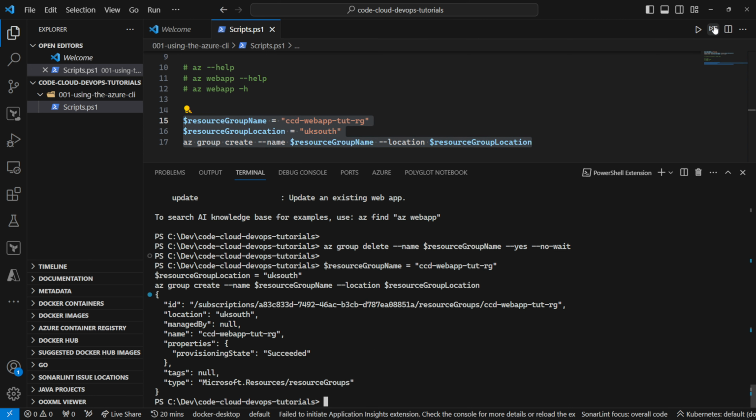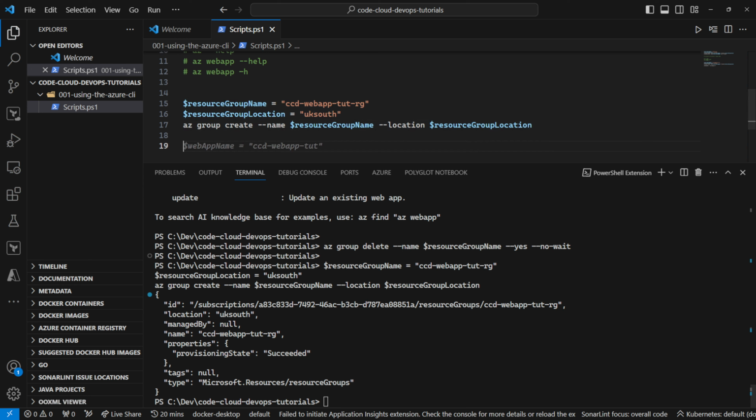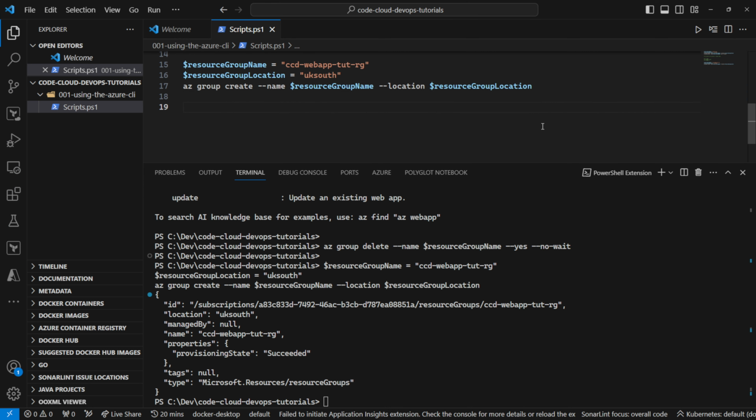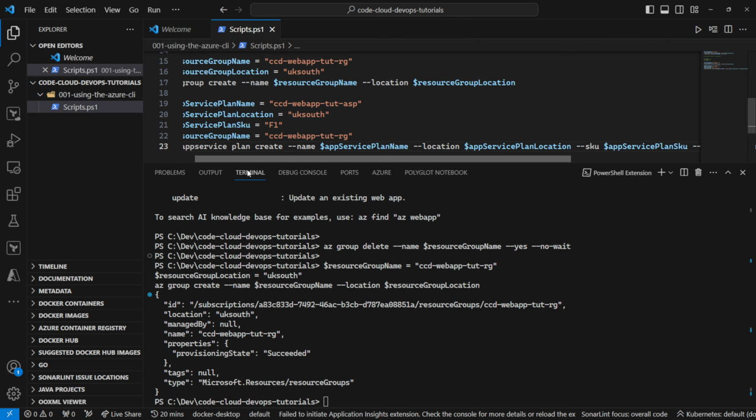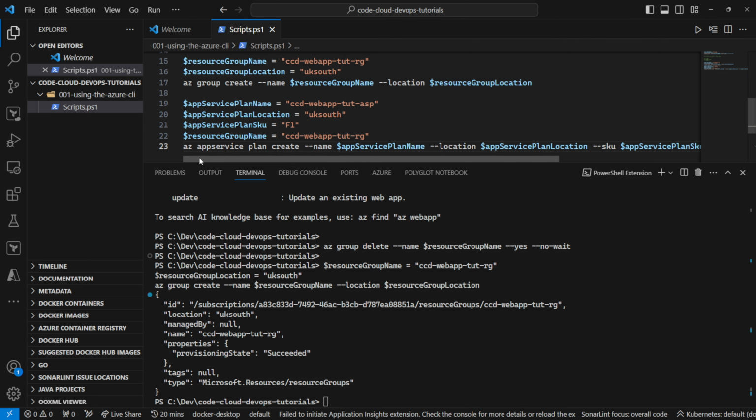So once I do that, create the resource group, and that is done. Next thing I want to do now is create the web app inside of that resource group. Now, to create a web app inside of Azure, you need something called an app service plan. An app service plan is a server specification of your web application. That server specification specifies the kind of CPU, the kind of memory that server would have to be able